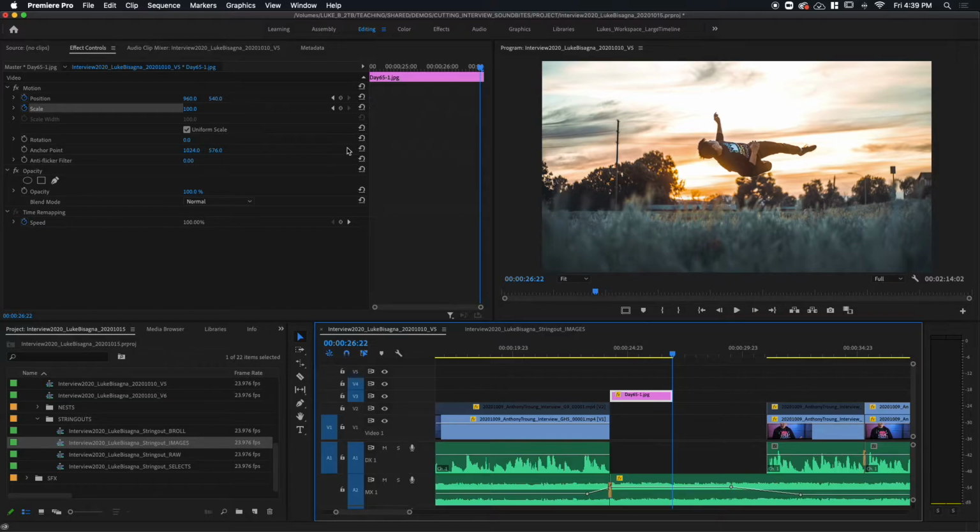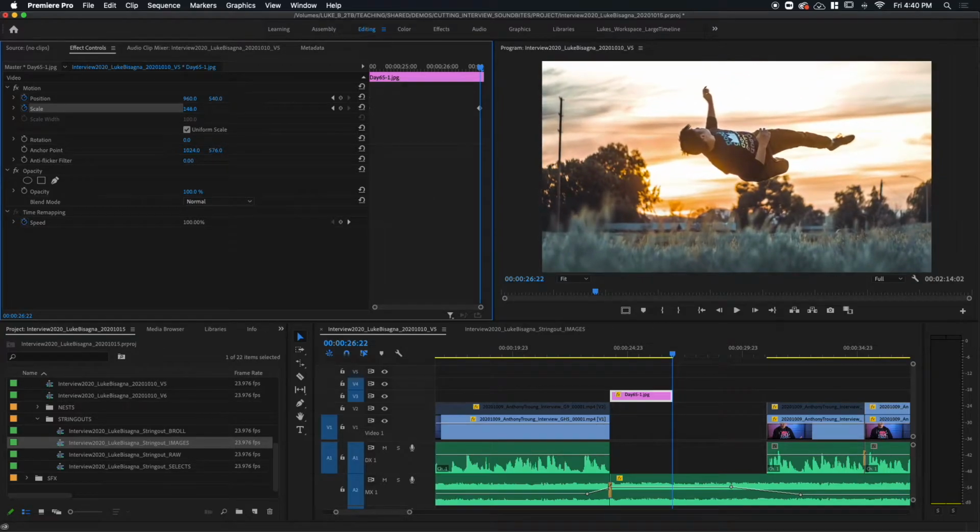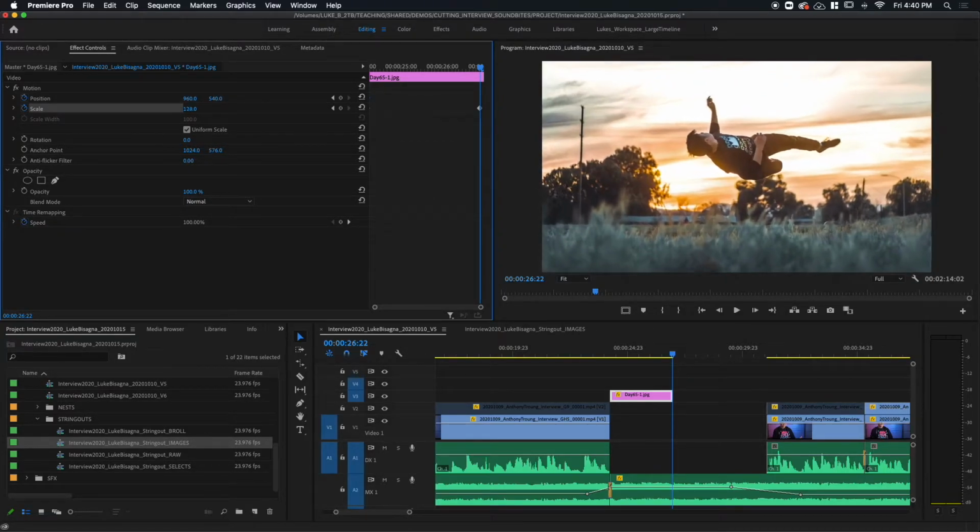So I want the image to grow slightly. So I'm going to increase the scale, and not a lot. That's one of the keys in doing this, especially with the kind of music that we have that's kind of mellow and vibey. We don't want to do anything abrupt, sudden, jarring. We want this to be very subtle. So I'm going to change this by a very small amount. And I can either click into the field and drag left or right to shrink or grow the image. That's one way to do it.